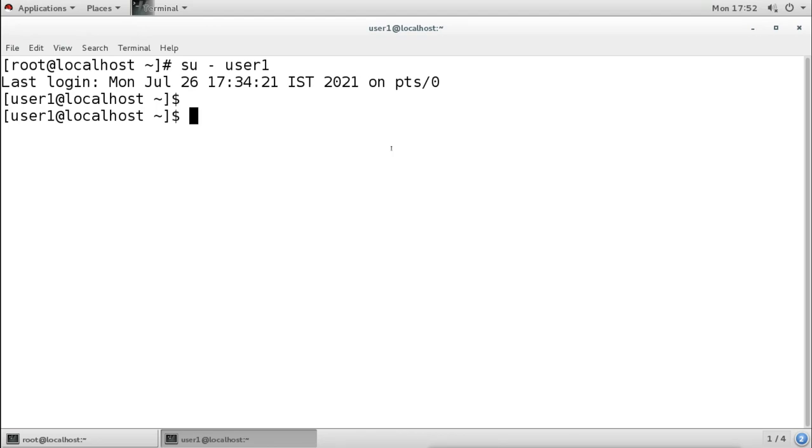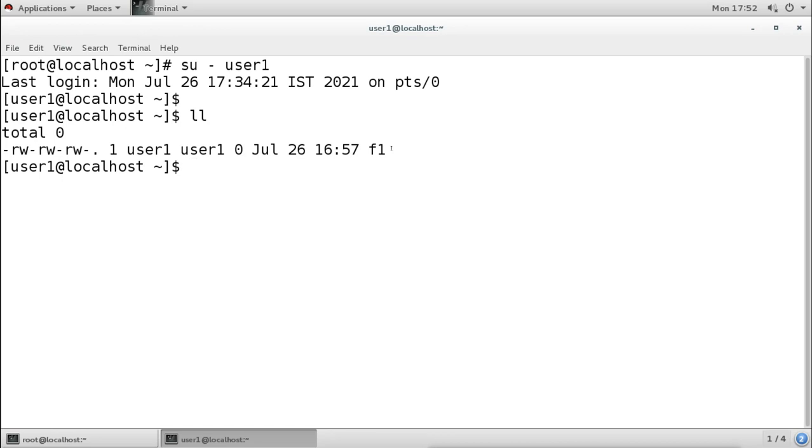Now I will use this command. We use this command to do what? To read the file, create the file, and also to append to the file. Now user 1 is working on this file. It has opened the file. It is working on that file by using the cat command, and right now it is running. The cat command is continuously running.